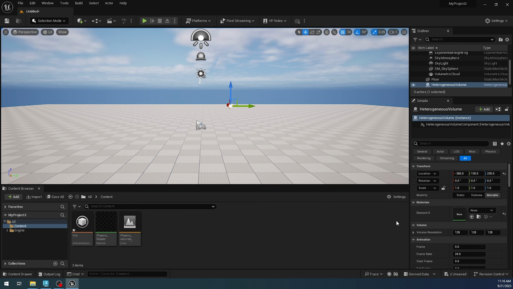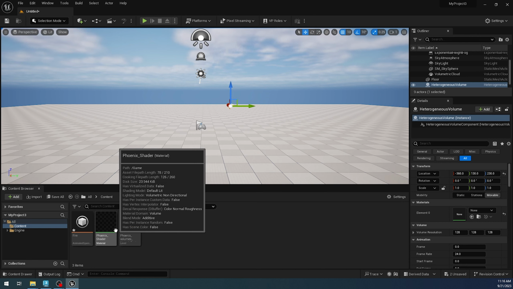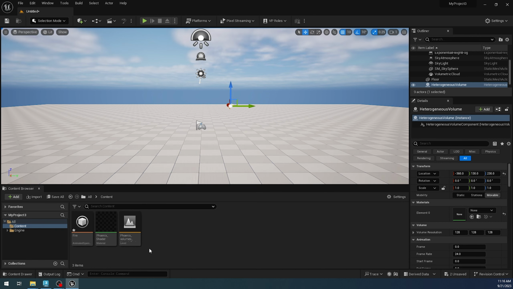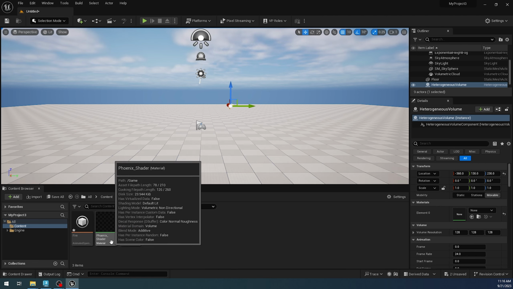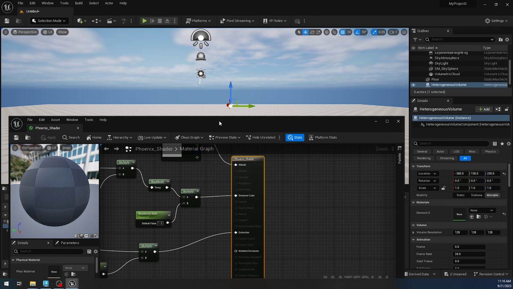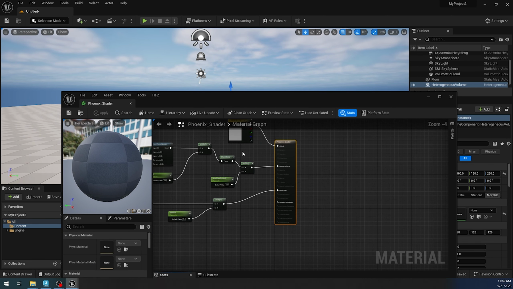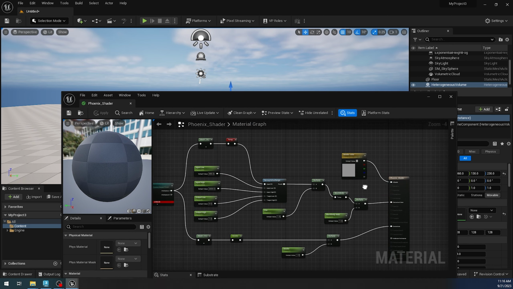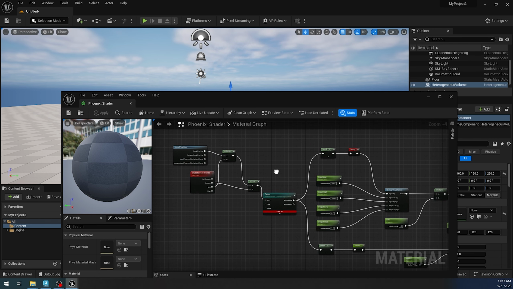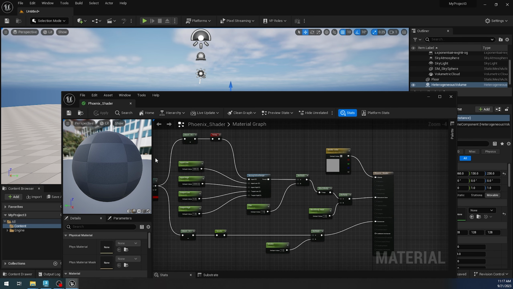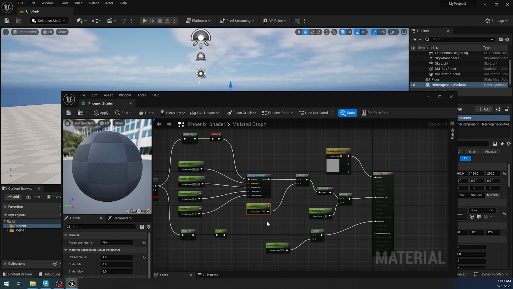assign a material. So for the material, unfortunately, Unreal is not providing default materials for volumes, and we need to create this by ourselves. I have already went ahead and prepared one, and if I double click on it, this is how it looks. It's a bit complex, so it's not a trivial thing to do, but if you go and check my description,